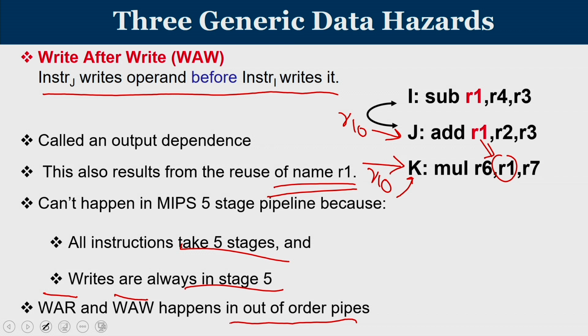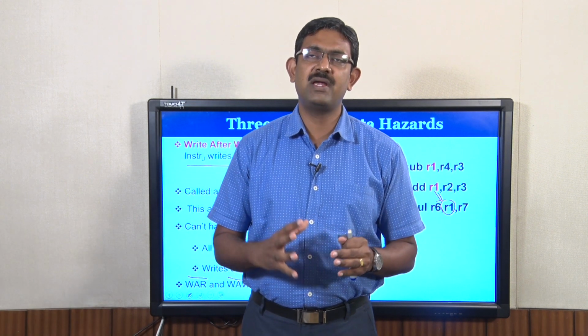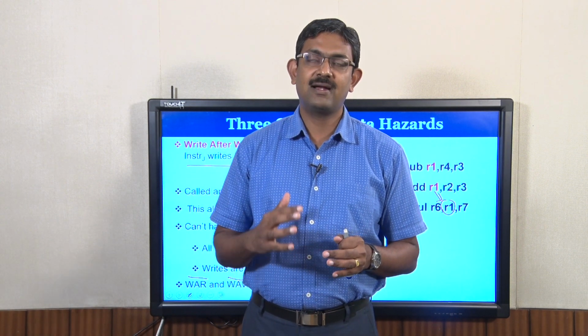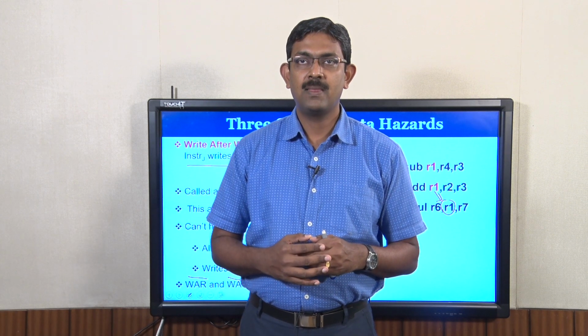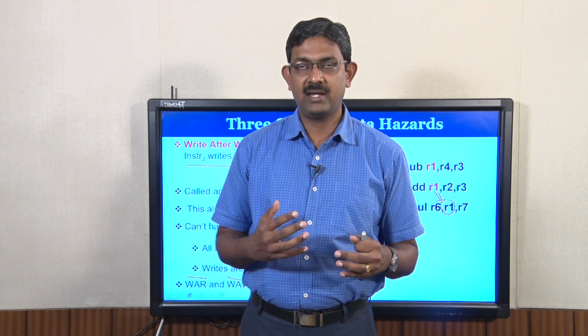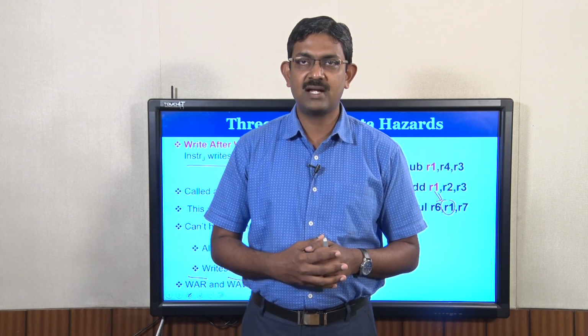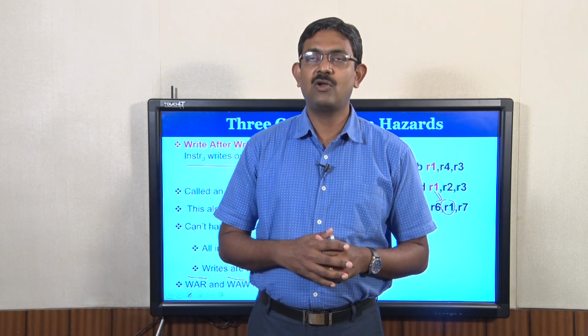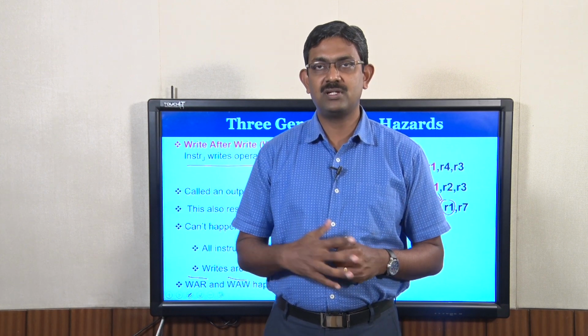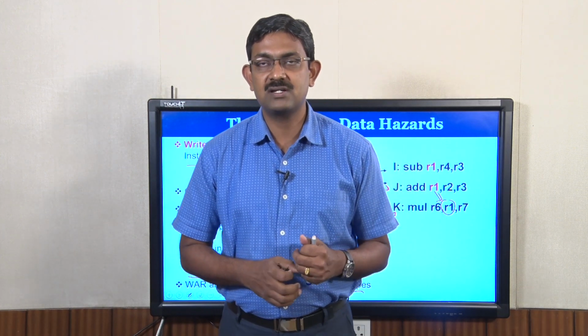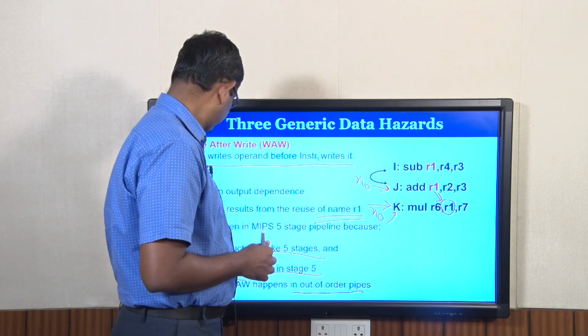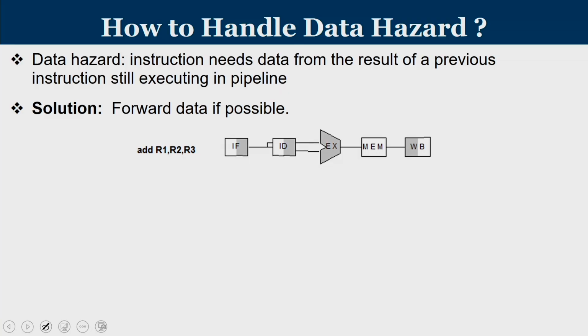So far we are considering in-order pipelines, and we assume that all instructions take only 5 stages. As long as this assumption remains true, the WAR hazard and WAW hazard will not happen. Only the RAW hazard we need to take care of. For the time being, while dealing with hazards, we will try to address the RAW hazards, but later, once we learn about longer pipelines and out-of-order execution, we will come back and revisit the concept of WAR and WAW hazards.